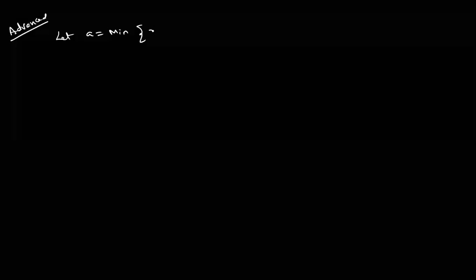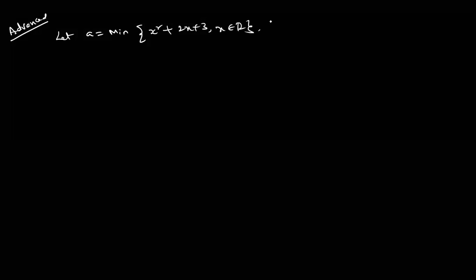So this is an advanced question. Listen carefully. Let A be equal to the minimum of x square plus 2x plus 3, x belongs to R, and B is equal to limit theta tends to 0, (1 minus cos theta) by theta square, then the value of